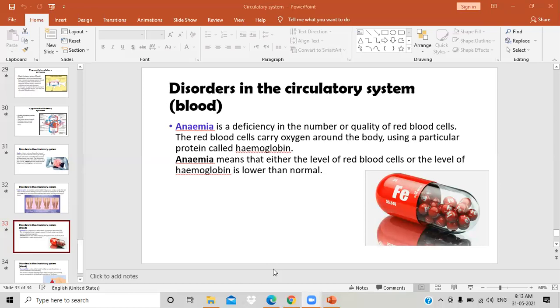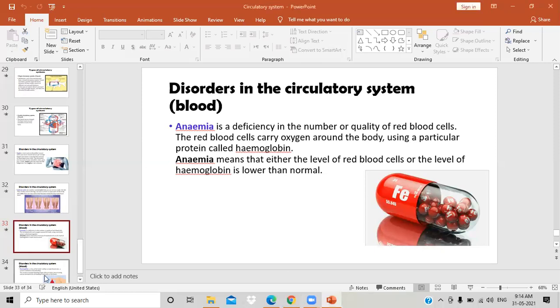It is the deficiency in the number of functioning red blood cells, whether because of the lack of hemoglobin, or because the red blood cells are not the accurate size or shape, or sometimes because you don't have enough iron to produce the red blood cells. Do you understand, guys? Do you get anemia? Yes. Okay.